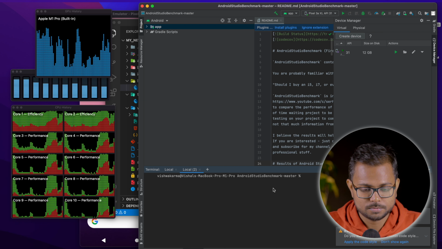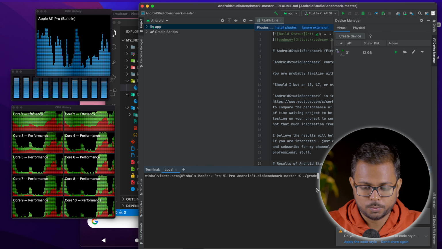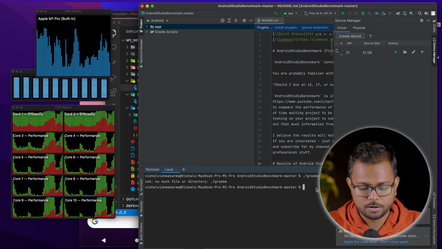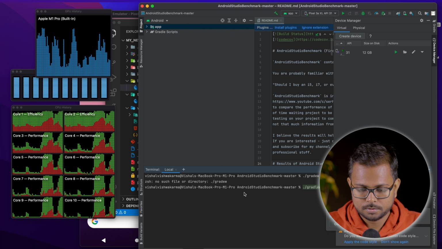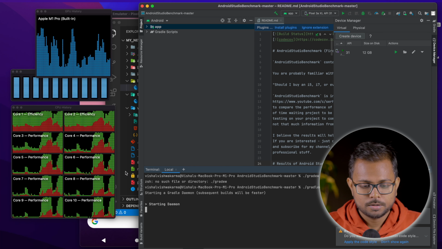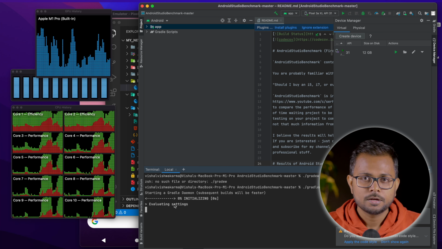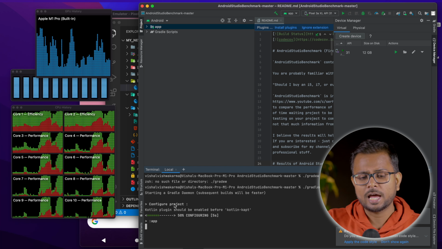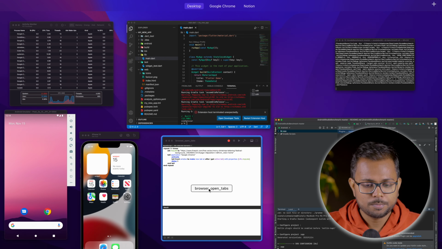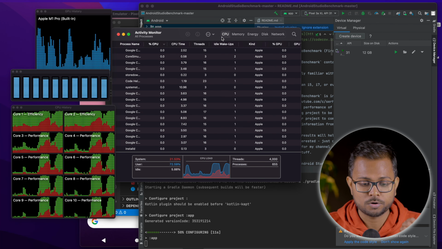So I'm trying to click here, ./gradlew. Oops. I'll get to the terminal, ./gradlew clean assembleDebug. Hit enter. Oops, we just missed the code. Gradle. Got it. Done. And let's build this up. So even the Android project, that is a benchmark project that utilizes the CPU, GPU, and everything, has also started. In the meanwhile, let's get to the activity monitor and have a look at what's happening to the CPU.